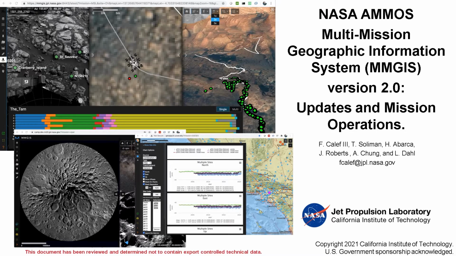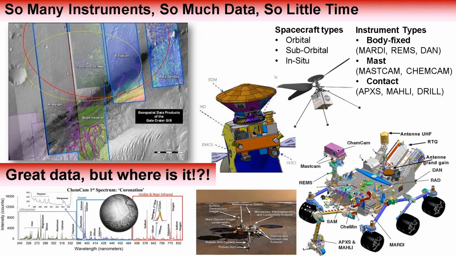MMGIS is a web-based mapping system designed to support mission operations for planetary missions for scientists and engineers. The goal of MMGIS is to address the problem of having spacecraft, and sometimes multiple spacecraft, both orbital, suborbital, and in situ, with tens of instruments, and being able to take that data stream and put it into a format that's readily accessible. That can be data that's derived, such as elevation models taken from multiple orbital images or slope